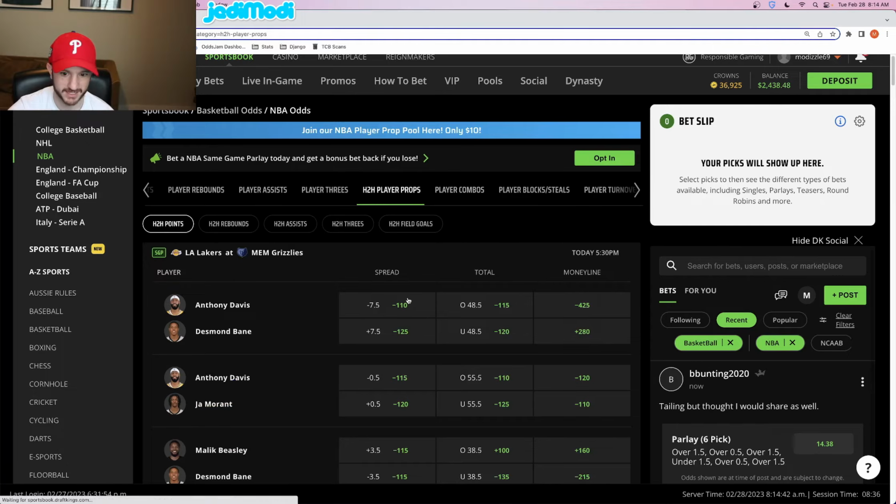Head-to-head player props are kind of cool. Anthony Davis versus Desmond Bane. Anthony Davis gets a 7.5-point spread. It's kind of the same thing, almost just kind of a micro version of it with player props, spread, total, money line. So you can bet over, under how many points 2 players are going to combine for, who's going to score more. It's kind of cool, the different options that DraftKings gives you, but it's all in this menu